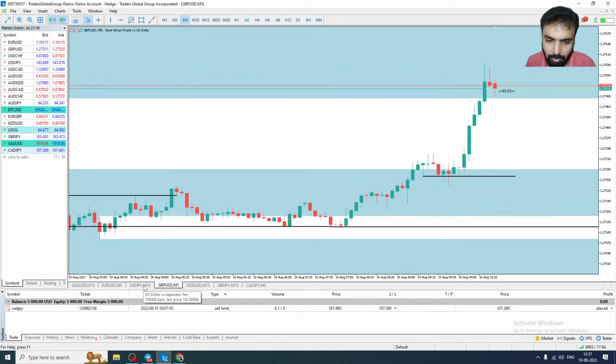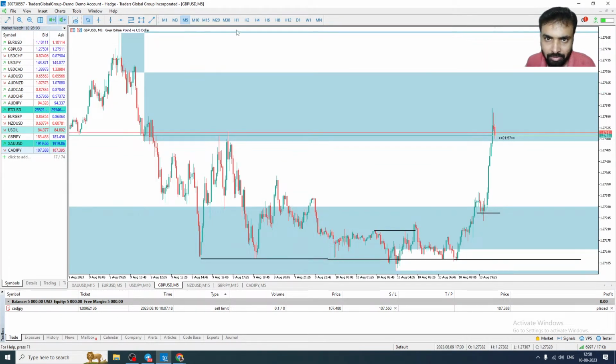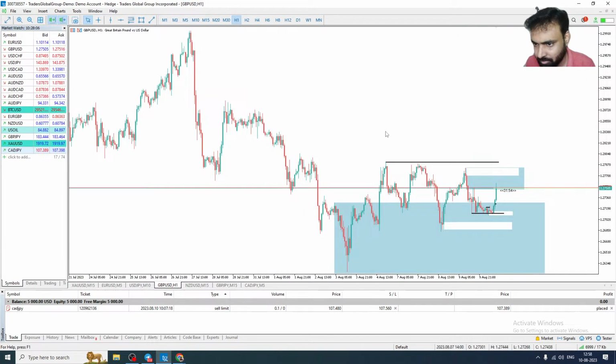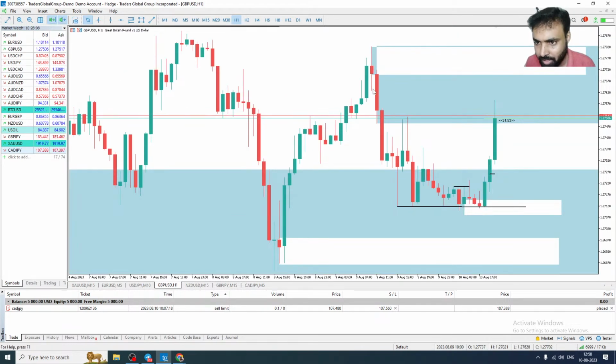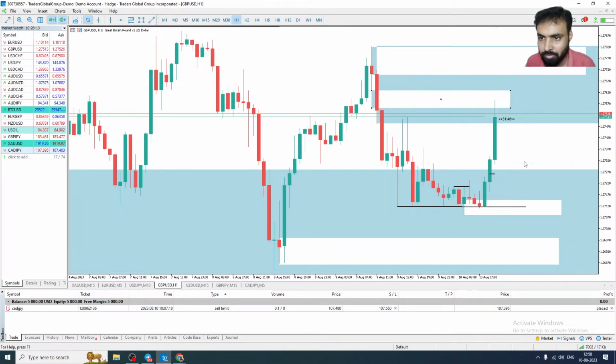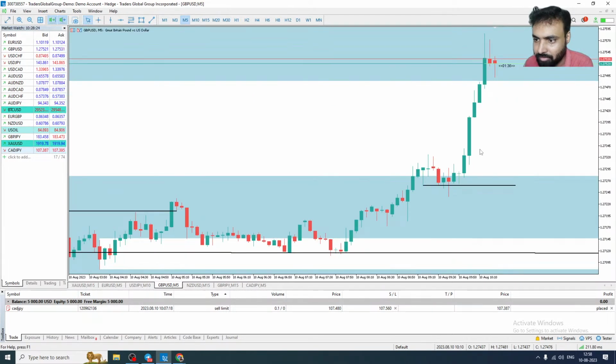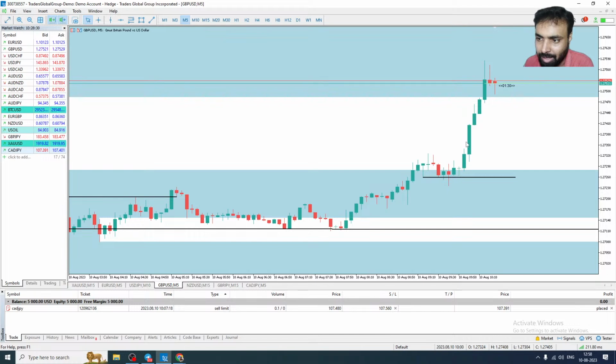Okay, GBP USD, it's not a downtrend. You need to understand, this is reacting from the imbalance. The market is reacting from the one hour imbalance. So you may think that the market is reversing. No, it is not reversing. So suppose you bought here, don't panic with this down movement. We would have bought there, and we would feel scared wondering what happened. So don't panic, it is reacting from the imbalance.